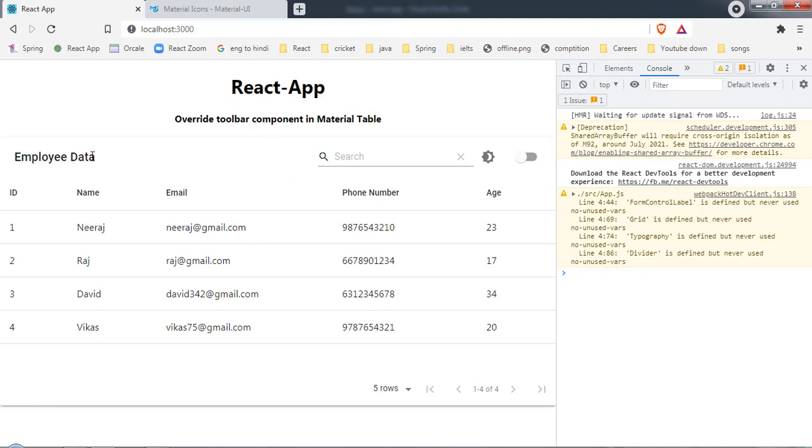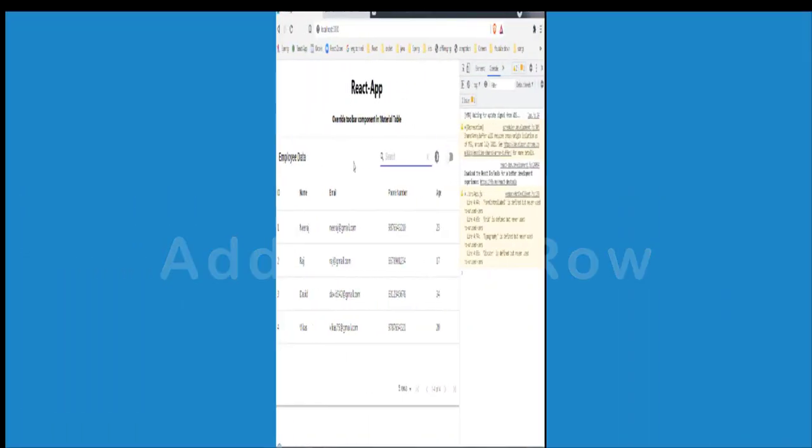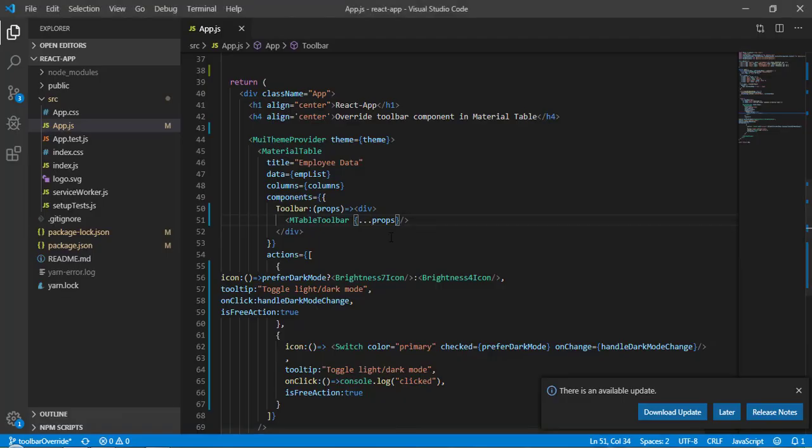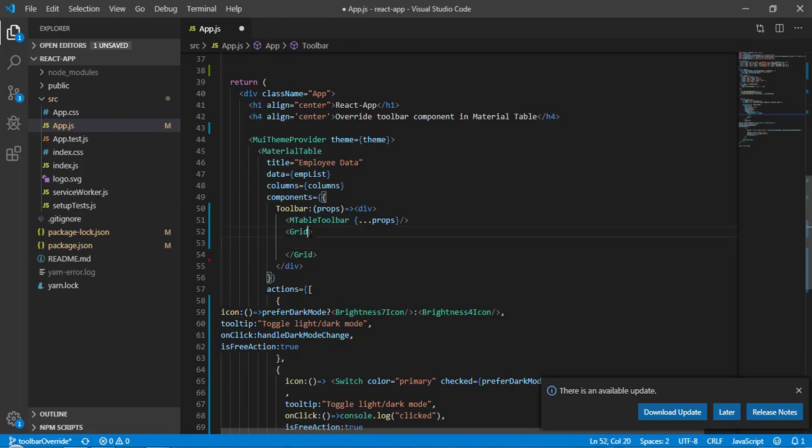Now we are getting everything as it is, but now we are overriding. Suppose I want to add an extra row there. For that, I can import a Grid, and here I can define some properties. Let's add a style with padding 15 pixels.